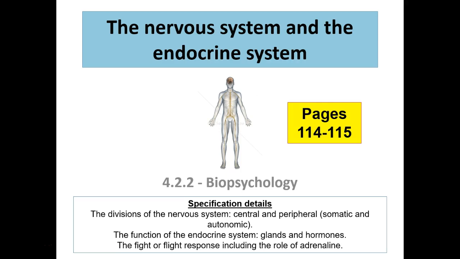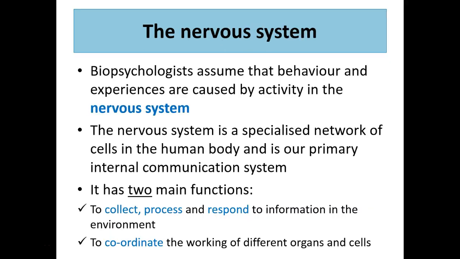Today we're going to be looking at the nervous system and the endocrine system. So what is your nervous system? Well, it's a specialised network of cells and neurons that send very fast electrical signals around the body. It collects information from the environment and coordinates your muscles and your organs and your cells to respond to that